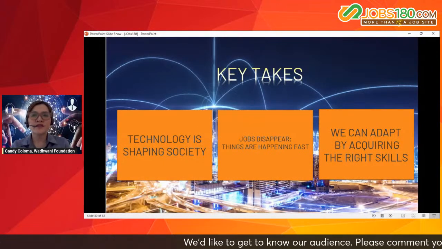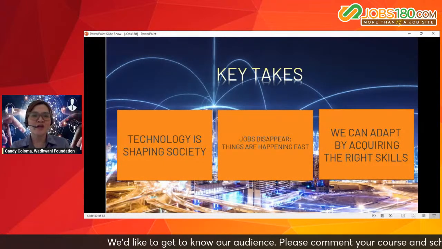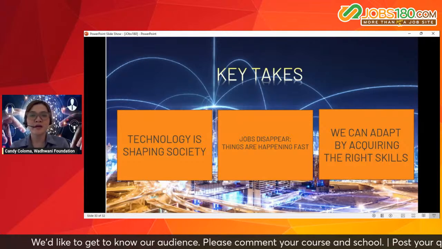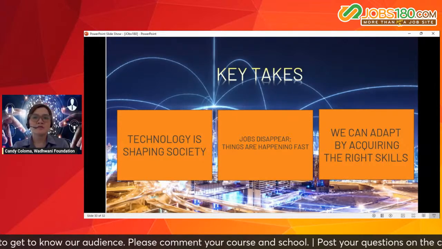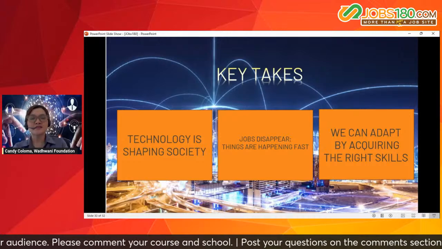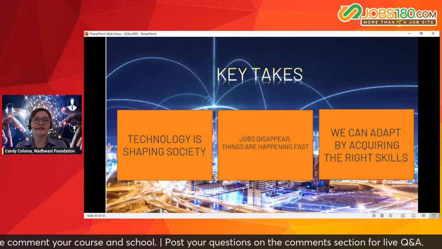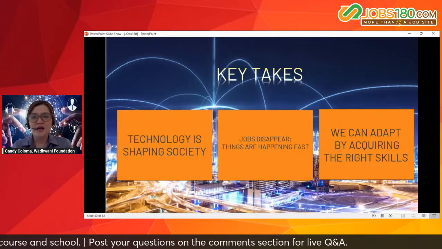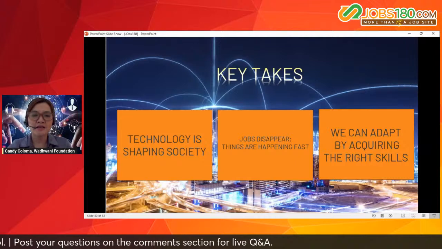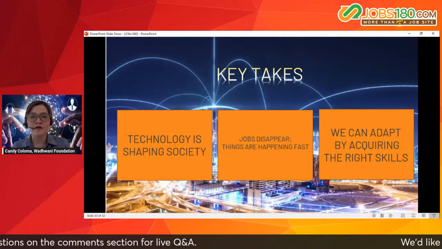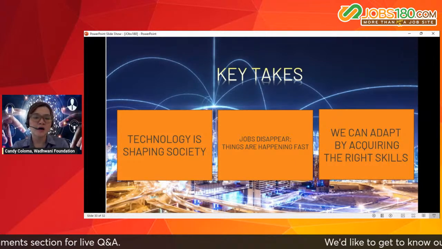And for this quick sharing, here are my key takeaways. Number one, you have to really accept that technology is shaping society. I guess instead of always being negative, because there's still some people who are afraid of it or negative about it,